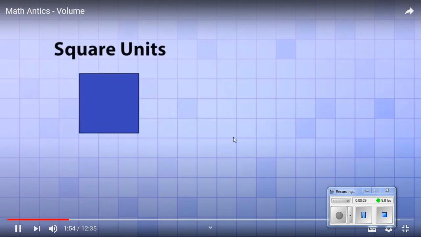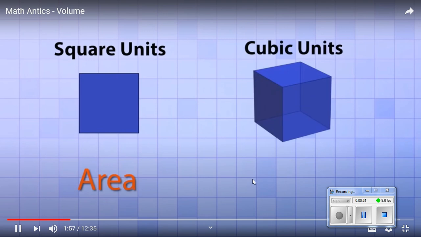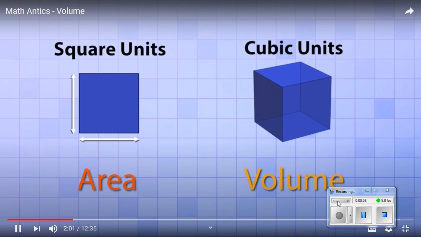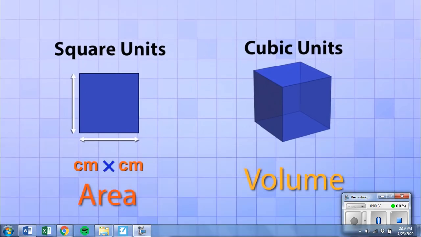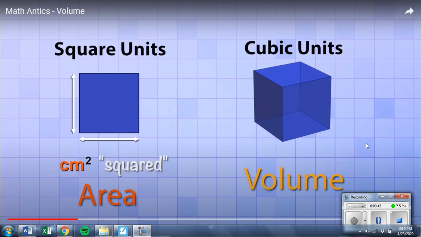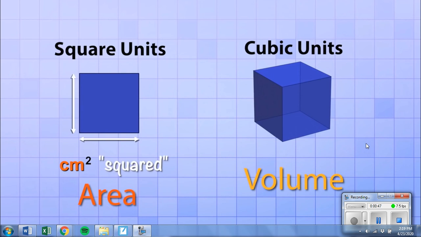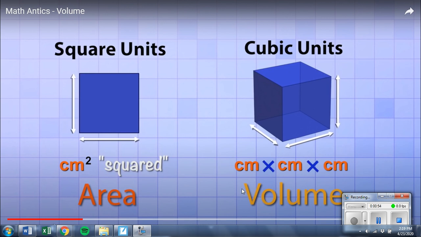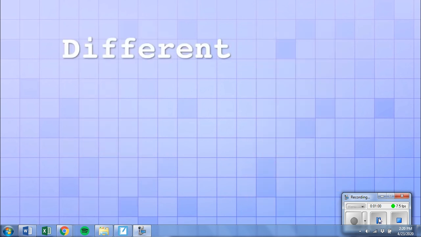So square units are used to measure area, and cubic units are used to measure volume. Since square units are made by multiplying two one-dimensional units together, like centimeter times centimeter, we can abbreviate them using the exponent notation, centimeters to the second power, or centimeters squared. And since cubic units are made by multiplying three one-dimensional units together, like centimeter times centimeter times centimeter, we can abbreviate them using exponent notation, centimeters to the third power, or centimeters cubed. And just like there are different